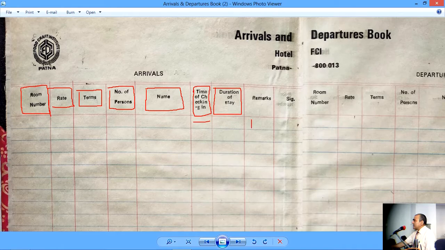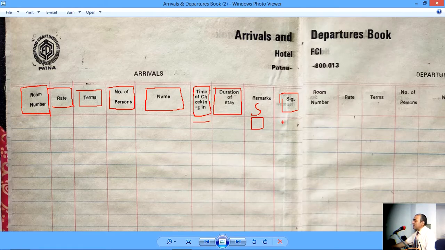Remarks here could actually be anything, but I would like to believe that this is the status of the guest. Status such as a VIP guest, a complimentary guest, somebody who's coming with a group, or is the guest an FIT or GIT. So these kinds of status would be recorded under remarks. This signature here, I'm sure this should be guest signature, but this could also be the signature of the employee taking the registration.